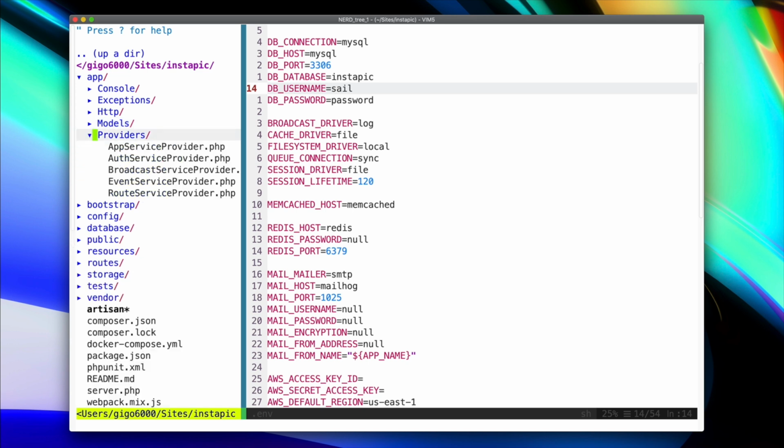And let's check the providers. This is where you will have all the service providers. So let's say you use MailChimp for creating newsletters and adding users to your newsletter. You may have a service class for that. So it's like a client class where you add methods, to add a user to that newsletter, to remove users, all that stuff. Here you will create a service provider class for that service,